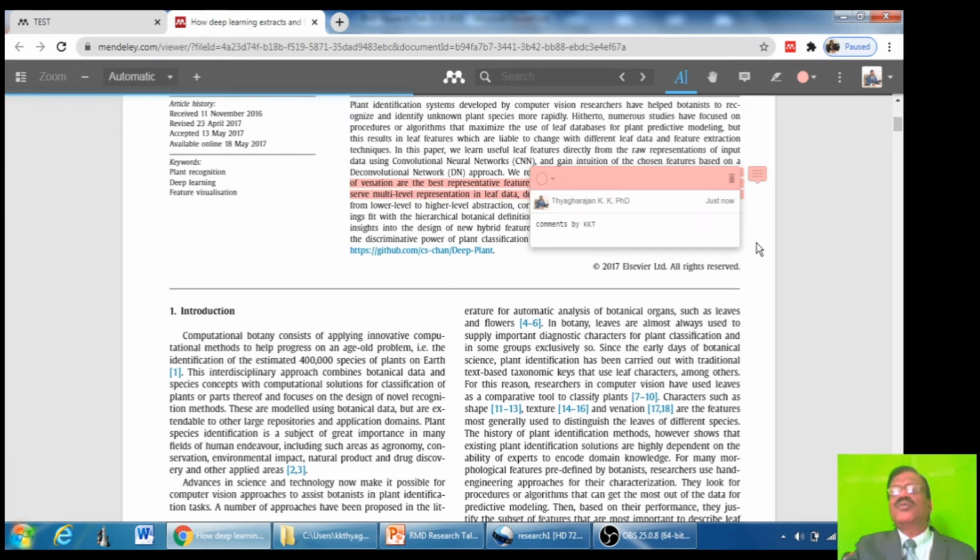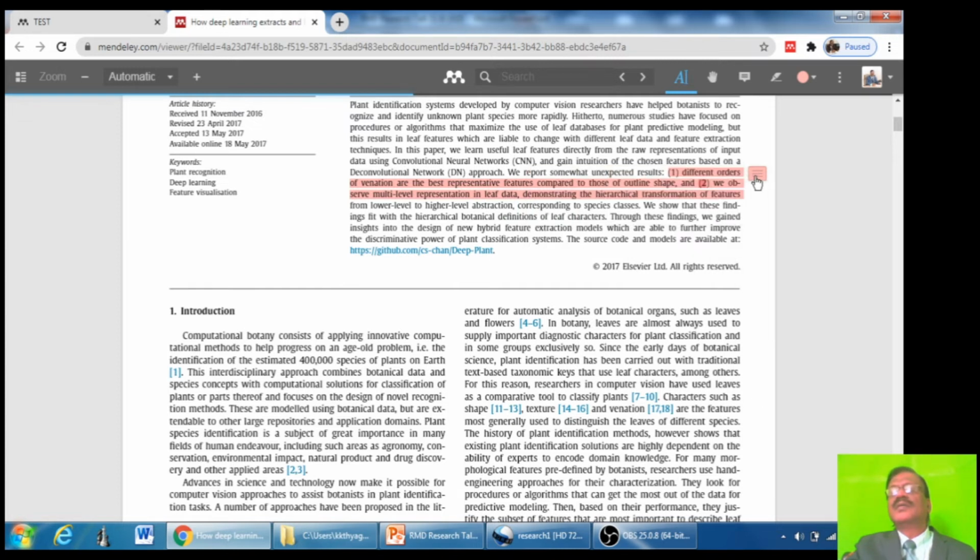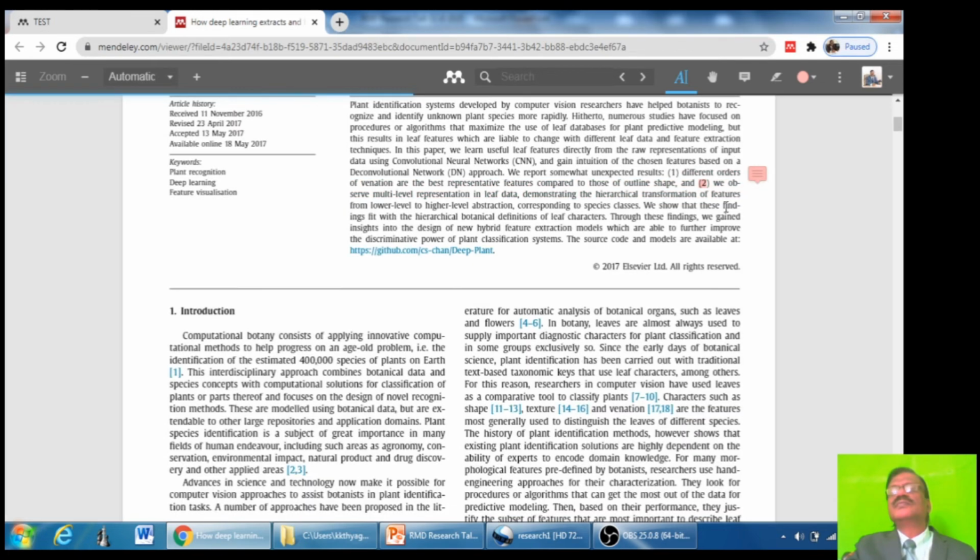If you don't want, or if you want to remove this, you can delete. Even highlight and sticky notes can also be removed.